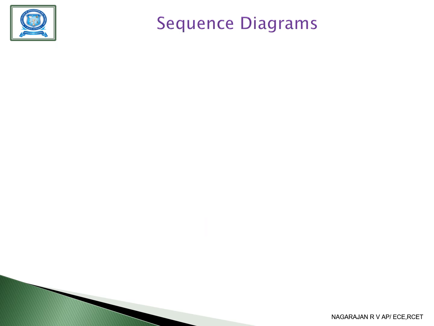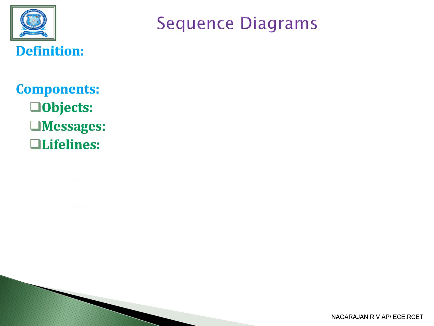Now let us see the sequence diagram. A sequence diagram is a model of the interaction between objects and components over time, showing the sequence of message exchange. What are the components present in the sequence diagram? Objects, which represent entities involved in